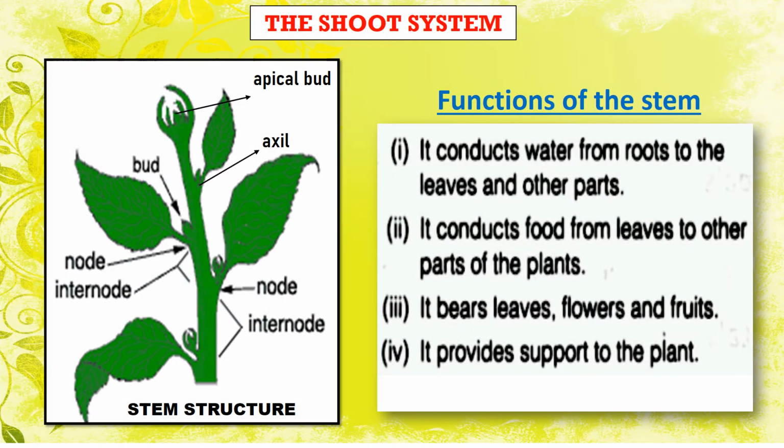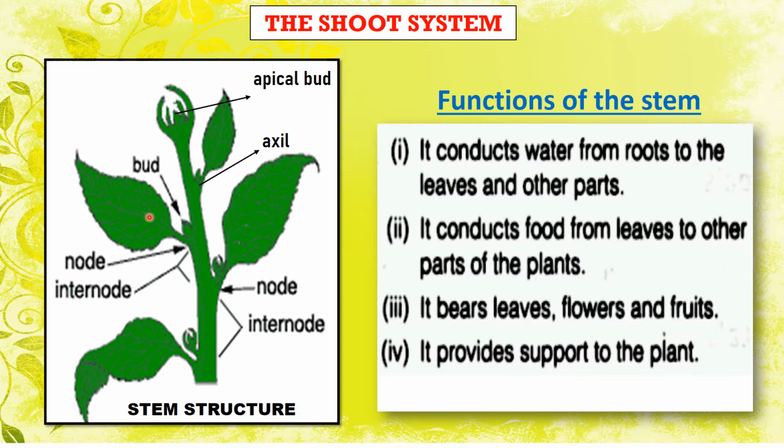The shoot system. Stem is the part of the plant which you see above the ground and it is generally green in color. It bears branches, leaves, flowers and buds. Now let us study the structure of a stem. The points or the zones on the stem where the leaves are born or the new leaves grow is known as nodes. The portion of the stem between the two nodes is called internode. Leaves grow on a stem and they make an angle with the stem and this is called axil.